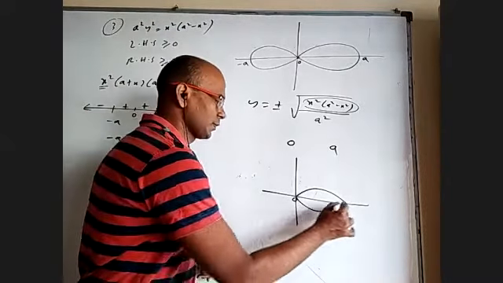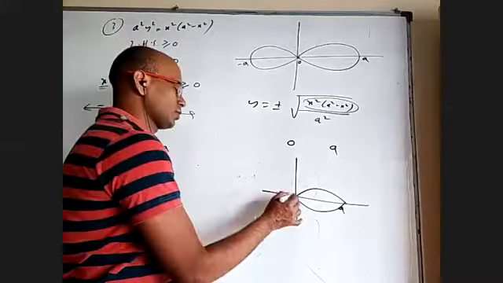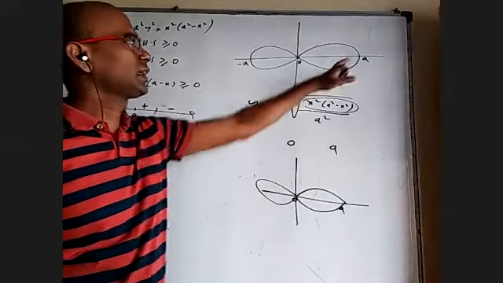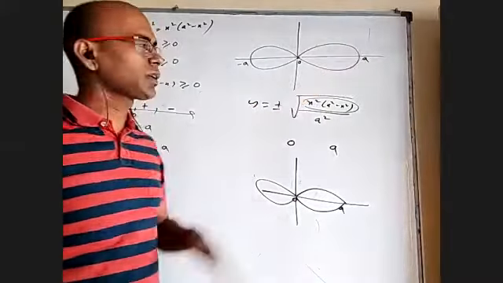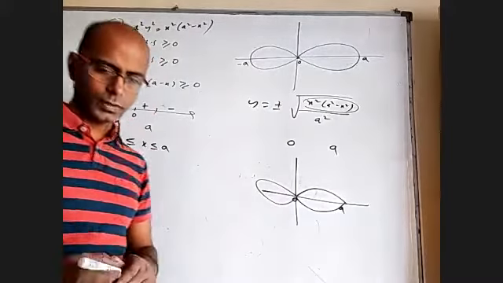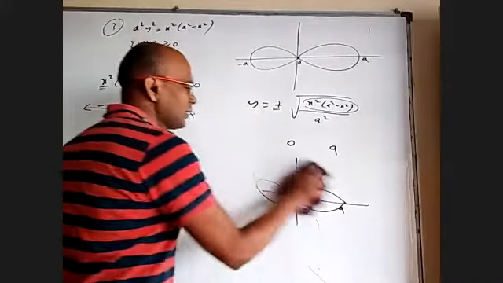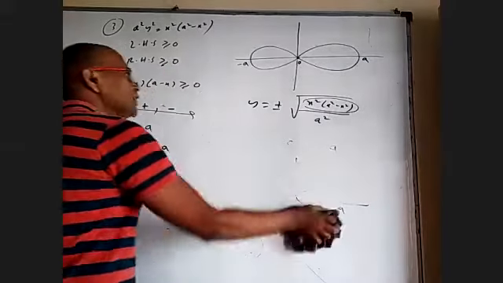It will be like this. Mirror image with respect to y-axis, so it will be like this. Whether the shape here is sharp or not doesn't matter, but the graph is like this. Okay, so anybody has any objection? Why is the graph like this?